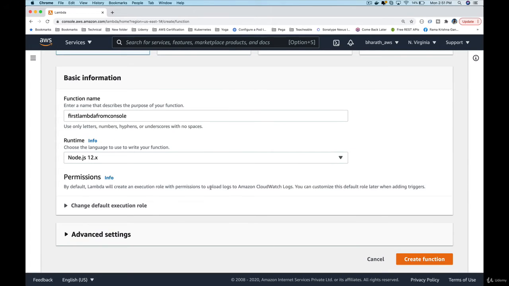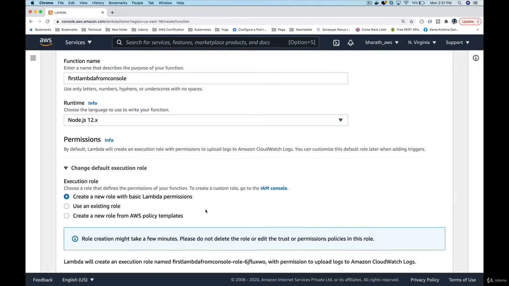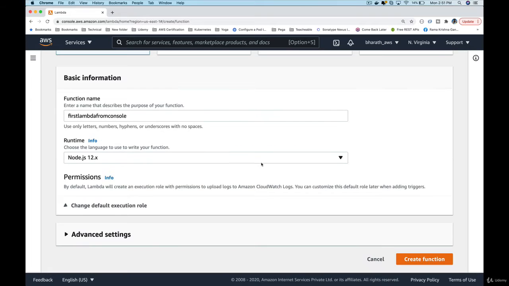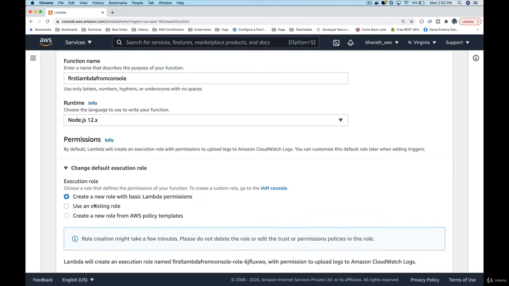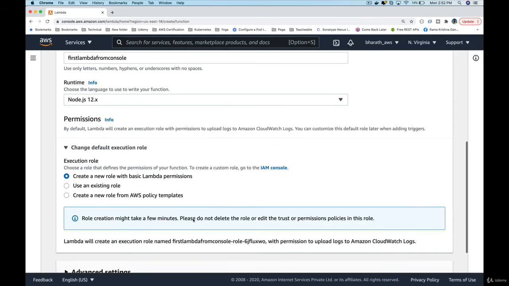So this Lambda function will have an IAM role that will allow the Lambda when it executes to write the logs to CloudWatch. If you want any additional permissions, you can always create your own role and assign policies or policy templates to that role so that your Lambda function can do more things, or you can use an existing role as well. You will be doing all that in lectures later on.